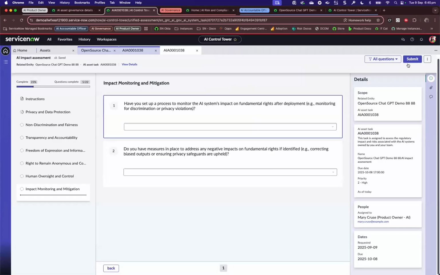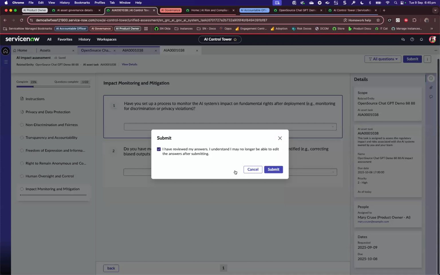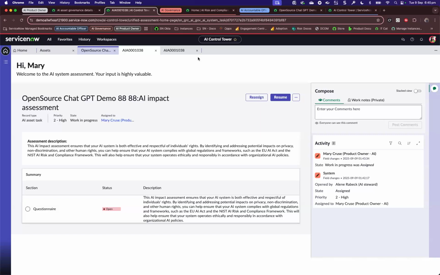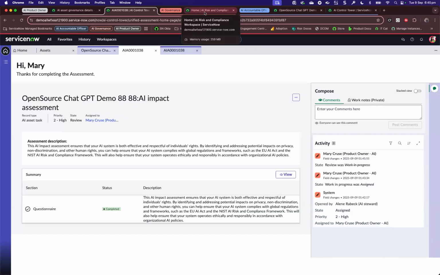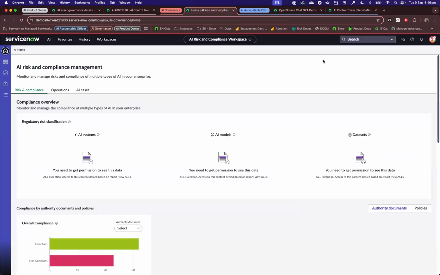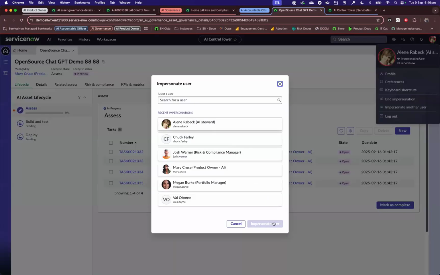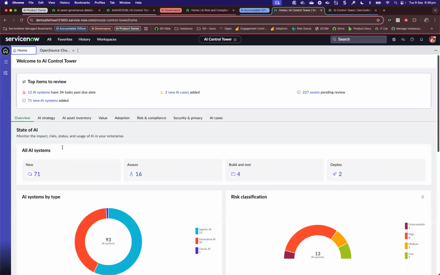Back to the questionnaire. So we've answered the questionnaire, and then we start to submit that. Yep, I'm happy with my answers. I'm ready to go. And bang, it's been submitted. Now, that was a request that was triggered from the portal. What happens if we have a request that's currently triggered off from an automated control? So I'm back logged in with the AI accountable officer, where Aline has got visibility across all